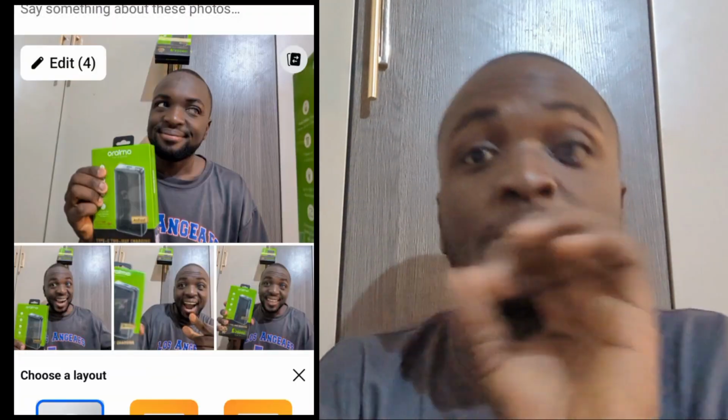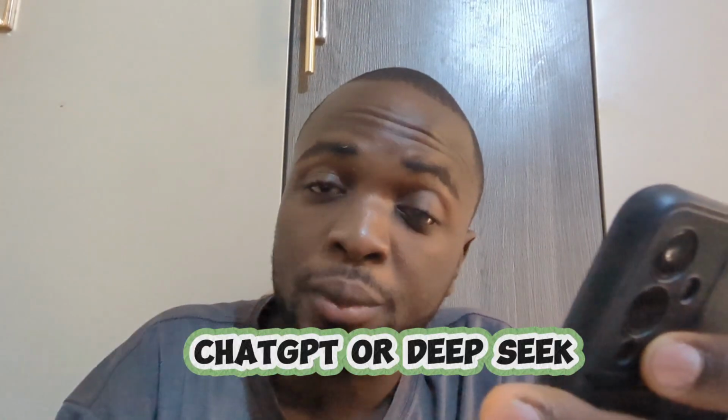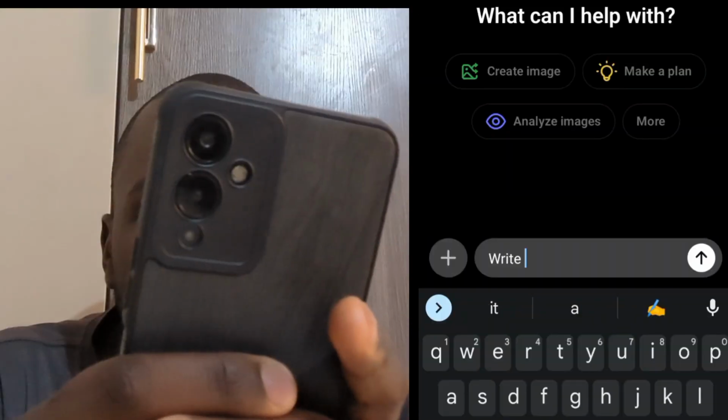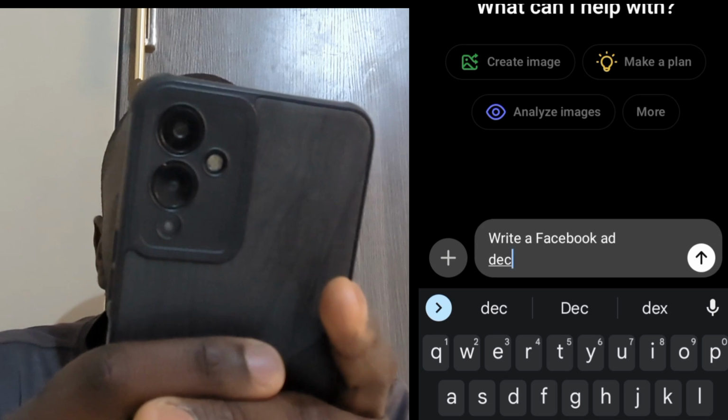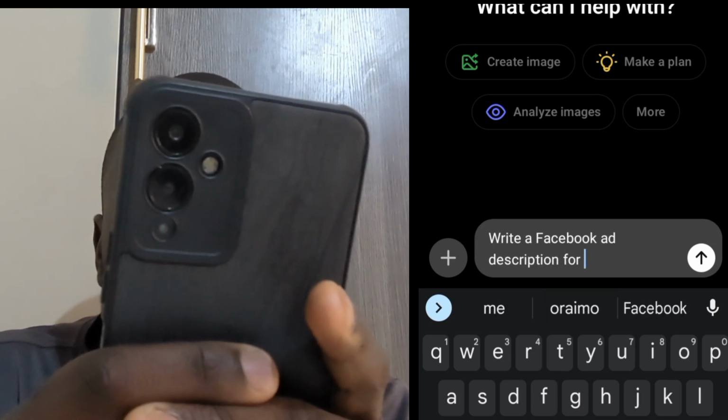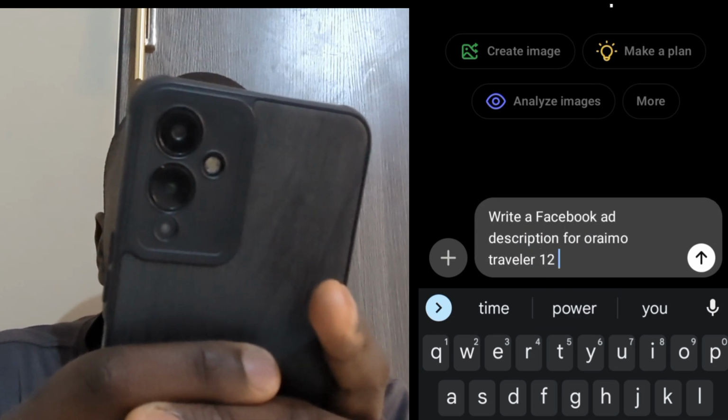So what I'm going to do is say something about these photos. This is very important. What I'm selling is, look, this is the Oraimo Traveler 12. It's a power bank from Oraimo. They're asking you to write something about this image, like describe it so that the customer can better understand the product. This is very simple. You need to go to any AI chatbot like ChatGPT or DeepSeek and write a Facebook ad description for Oraimo Traveler 12 power bank,